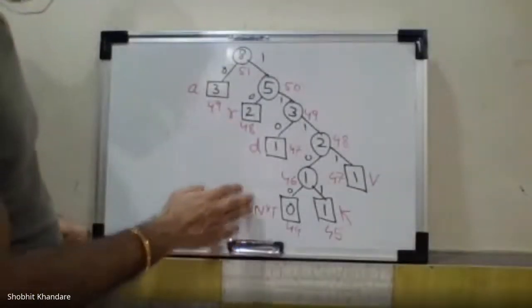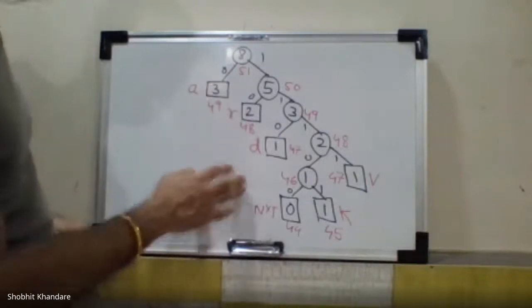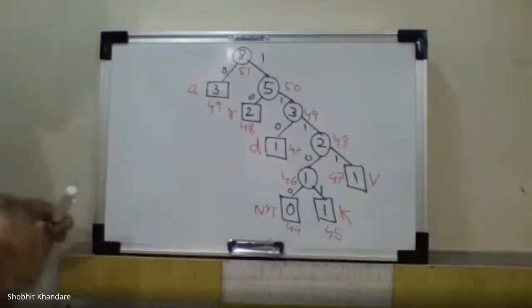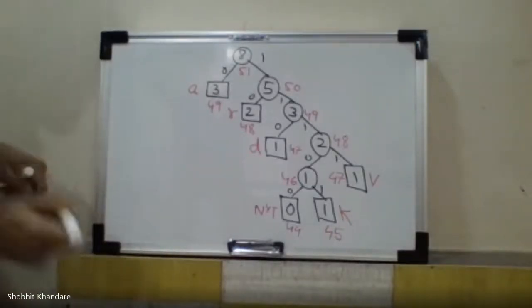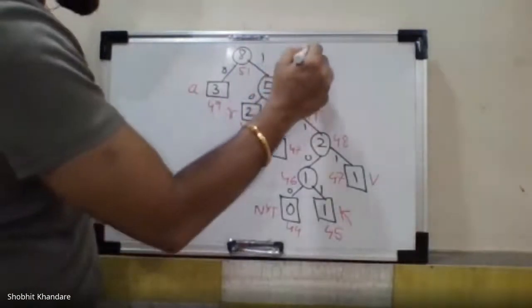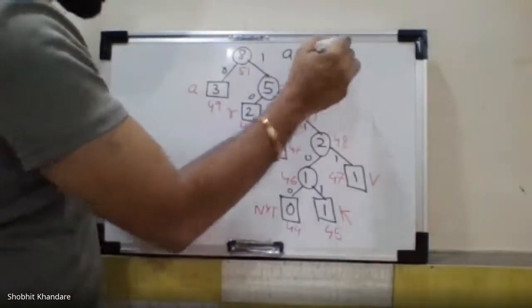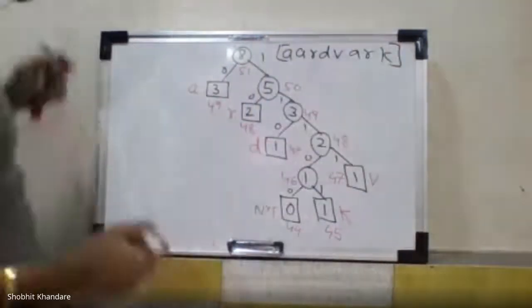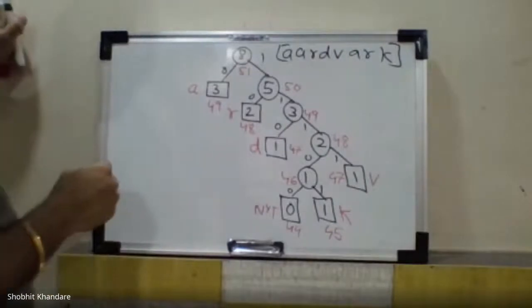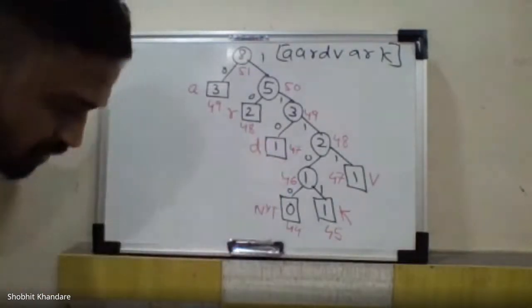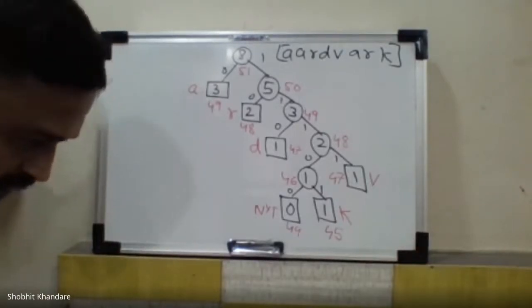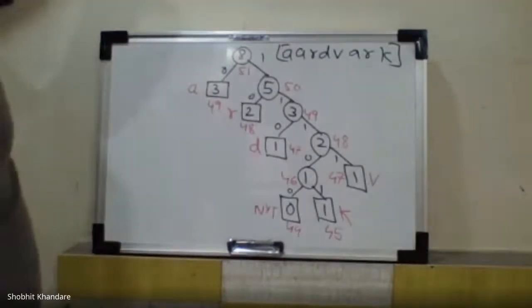Okay. So updation of the tree, we have reached the final tree. Those who are absent, those who haven't understood this, I will just revise what we have done. We have got this message which we have to encode, that is AARDVARK. So this was the message. Through this message, we have to update the tree. So what we have done, already I have given you the understanding of each and every aspect, that in this updation, we have to see the message which we have got and how you develop the tree.